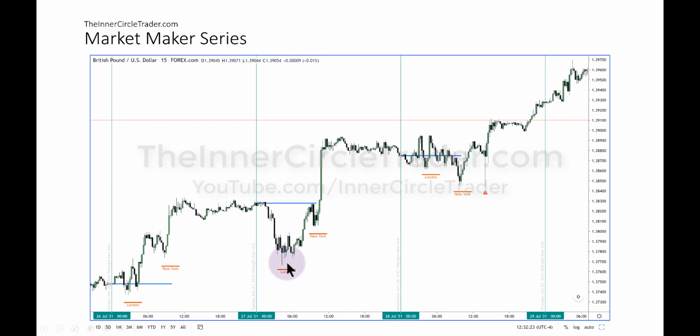And you could be a buyer there, expect price to rally up to 10 o'clock to noon, which is London close. And that's usually when it meets the opposite end of the daily range. Don't take my word for it. Go through your charts and study it. That's what the algorithm will generally try to do on Mondays, Tuesdays, and Wednesdays when the market is predominantly bullish